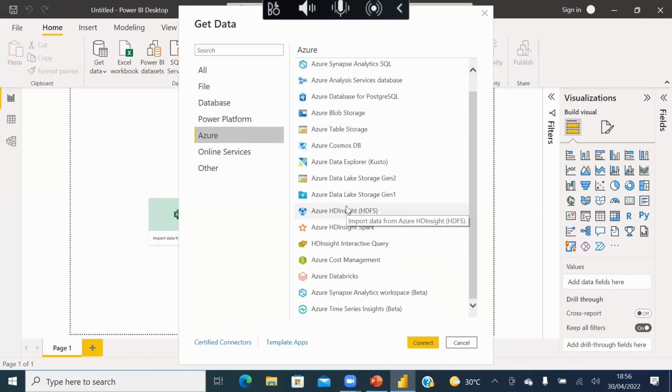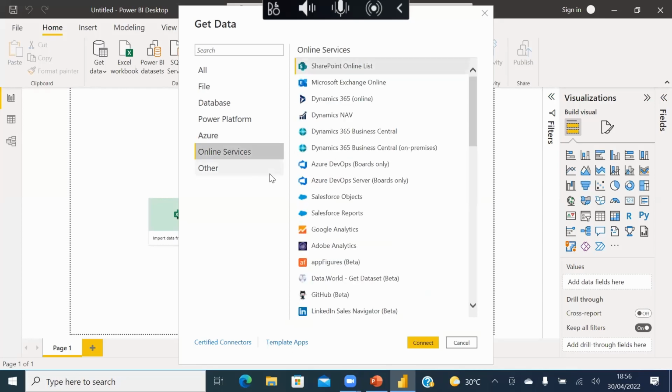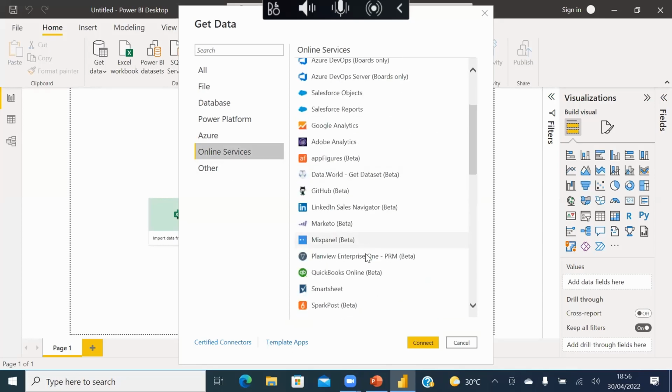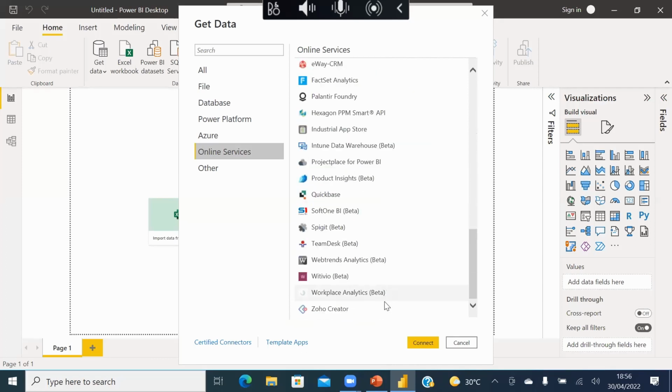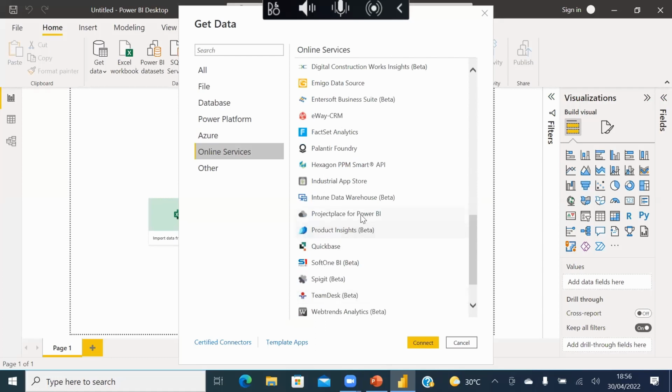This is what makes Power BI amazing, because if the company doesn't have a data warehouse, it means that you have a long list of locations you can get your data from, including Azure Blob Storage. You can get your data from other online services like SharePoint List, Smartsheet. Smartsheet is like Excel, but it's a bit different. It has other kinds of features. If your company uses Zoho CRM, you think of how to get the data. You have